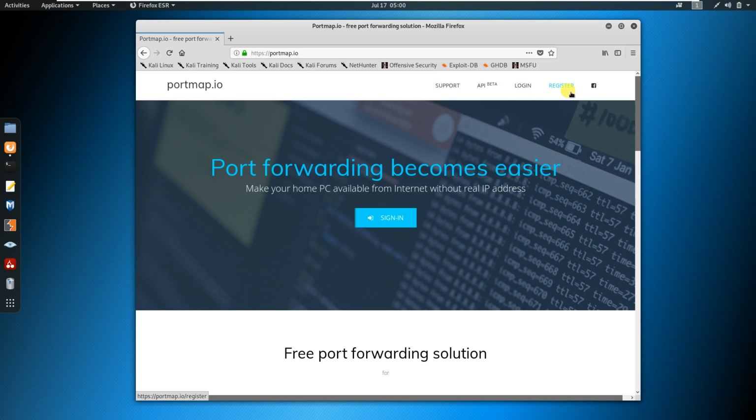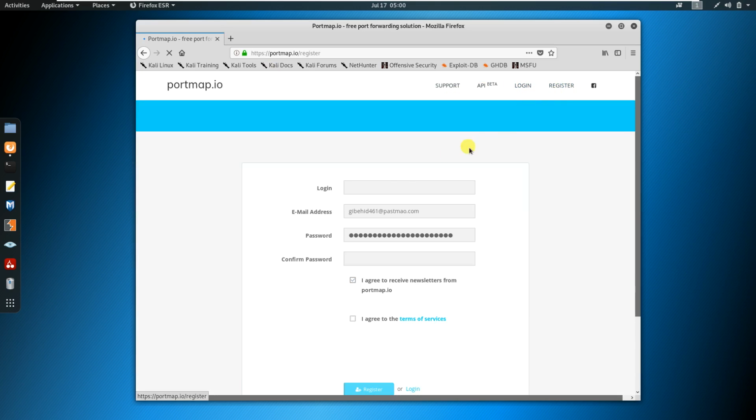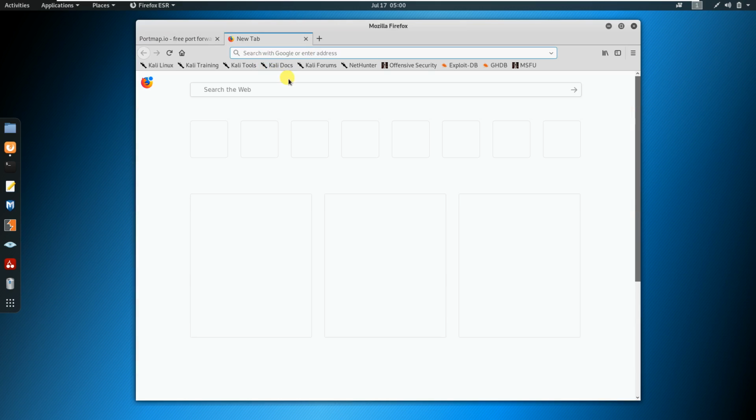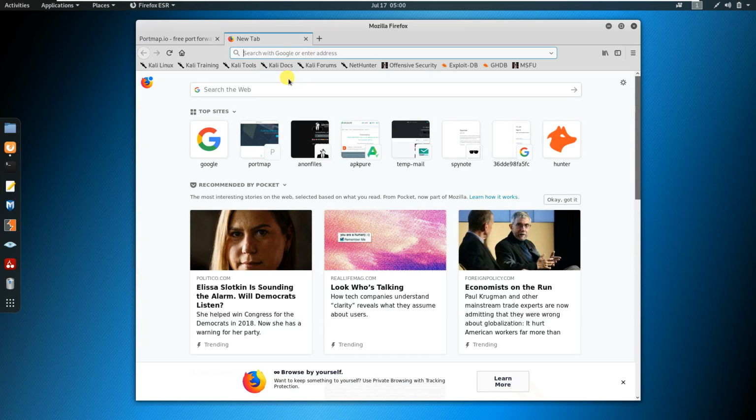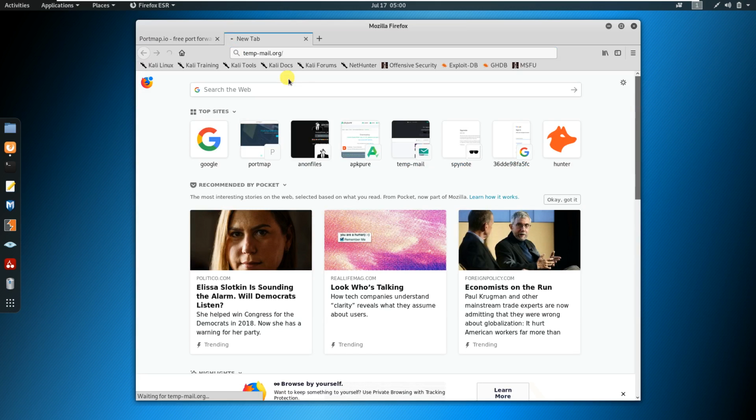So the first thing we have to do is to register. Click on register. I am going to create a new account, so I am clicking on register. For that I am going to use my temp mail.